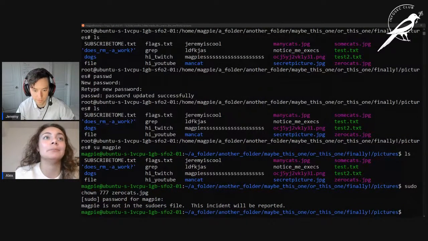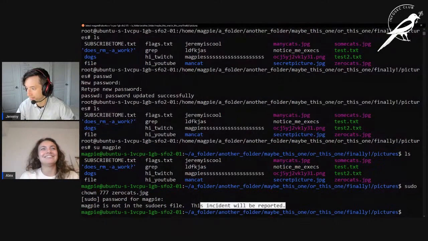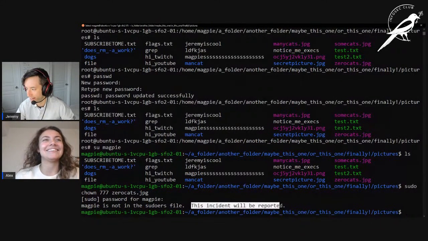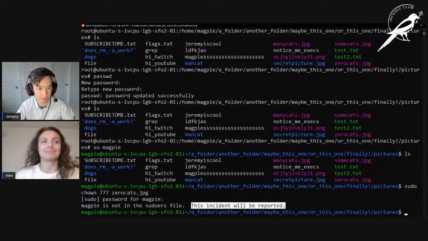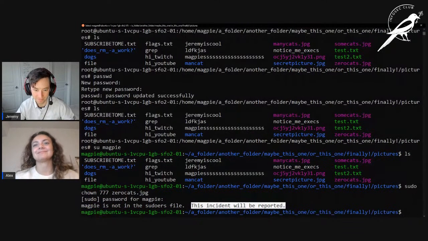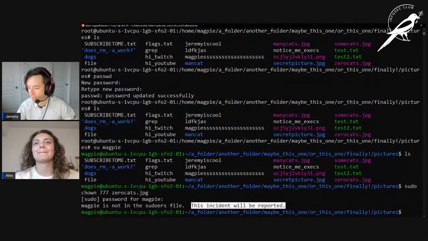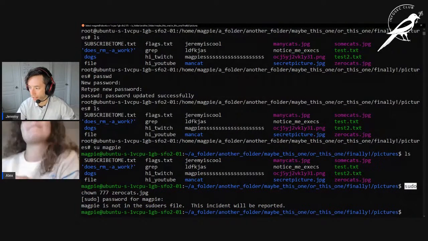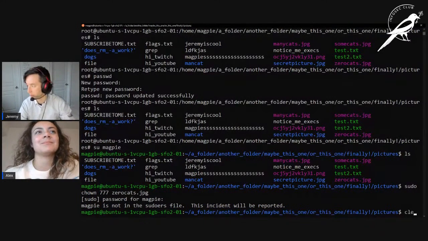Since we're not in it, Linux is going to report us, and according to Ryan Henry, that does go somewhere. I don't actually know where this happens. I think it's now a joke that you get reported. We don't know where the actual incident gets reported. I don't know if that's something that needs to be set up. But basically, Magpie doesn't have the ability to use sudo, is what the system is saying. It's saying that you're not one of the people that should be doing this. Also, we're going to report you. Who knows where that goes?